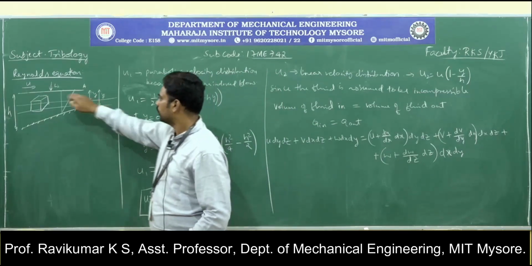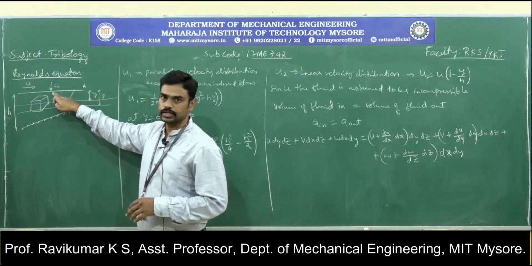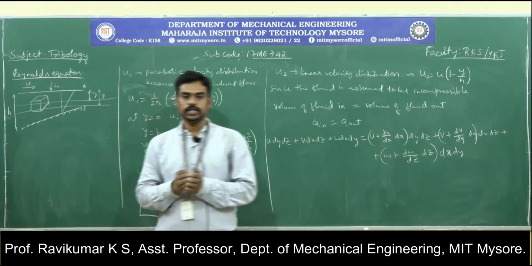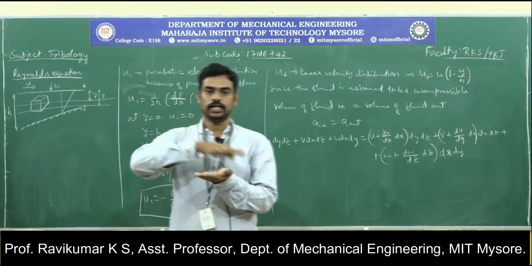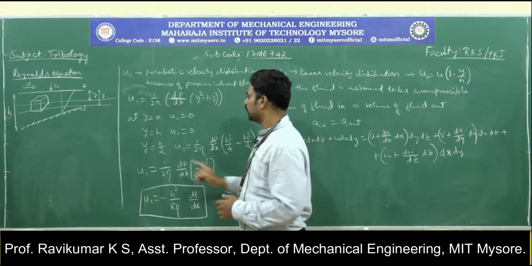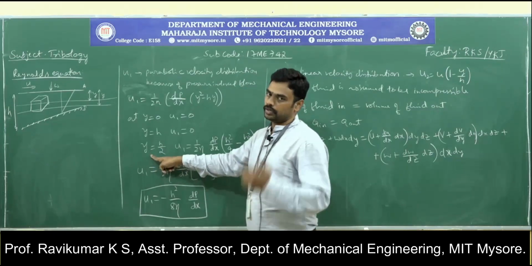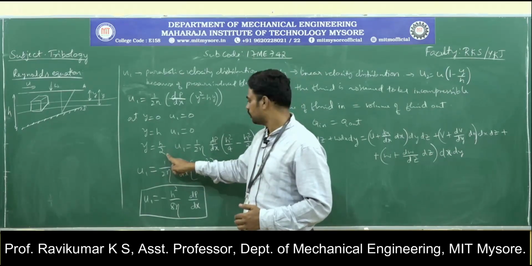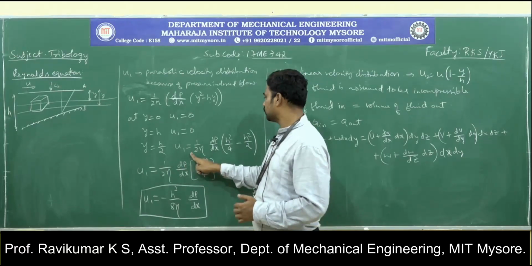So U1 will be 0 at this surface as well as 0 at this surface. U1 will be 0 at the moving surface as well as 0 at the inclined surface, which is stationary. Therefore, you need to define U1 in between. So considering y is equal to h by 2, U1 is equal to, substitute